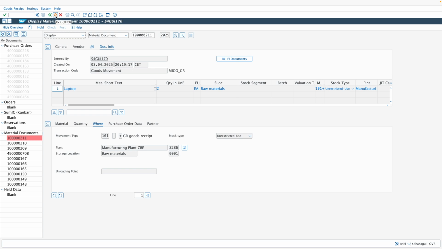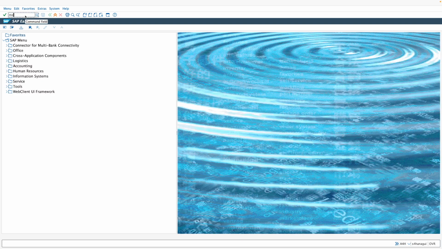So what we have done is, first we posted a GR document for 10 laptops. Then we posted a return delivery for 2 laptops, and when the vendor supplied them back, then we posted a subsequent delivery of those 2 laptops. Okay, we can verify this in the purchase order history also. If you go to ME23N,